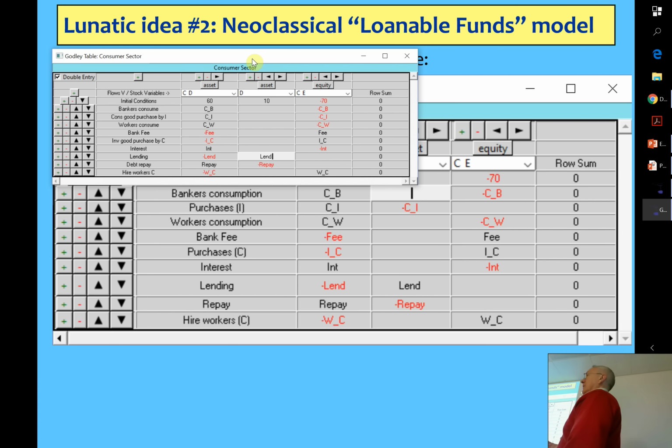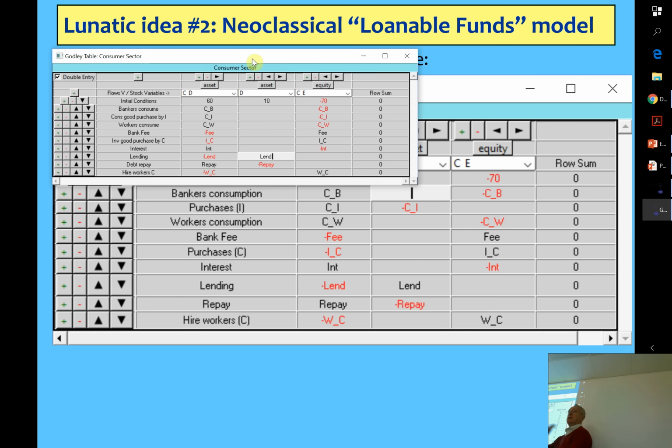From the point of view of loanable funds, banks don't create money. They don't create debt. They simply let savers lend to investors. So the bank has no record of the amount of debt in the world. It's all kept by people on their spreadsheets back at home on their laptop. So what's that table saying in the consumer sector? The consumer sector creates a loan to the investment sector and keeps a record of it itself and charges interest on that. And then all the transactions occur through the banking tables.